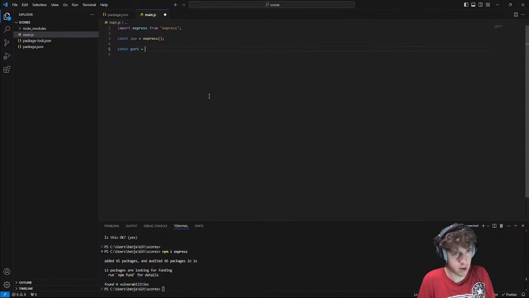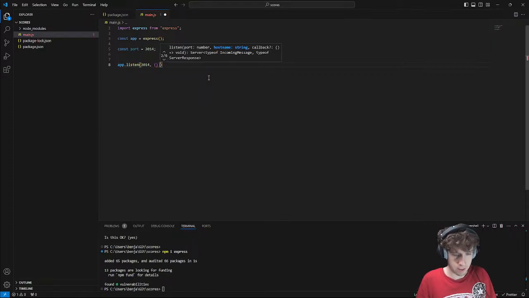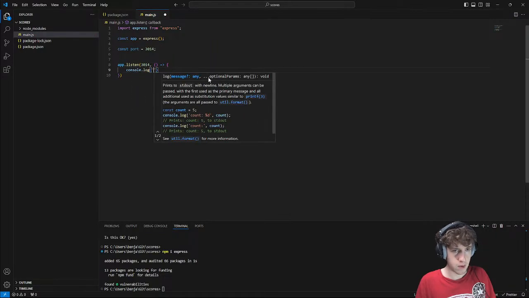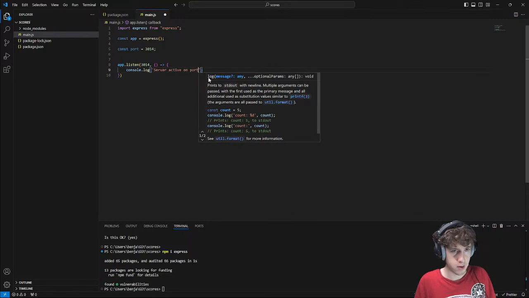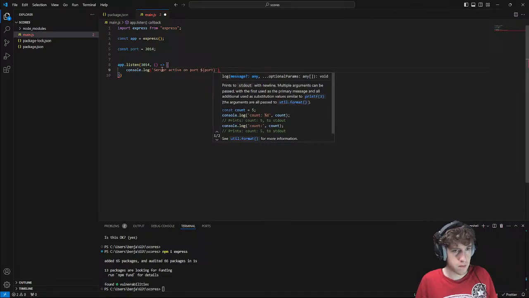So const port equals 3014. app.listen 3014, and then the callback will be an arrow function, and now we'll just do console.log server active on port, change that to a template string, and then have it print out the port number.